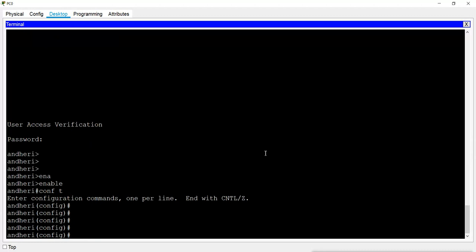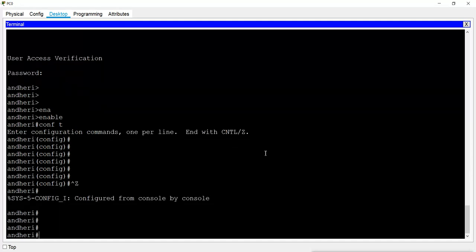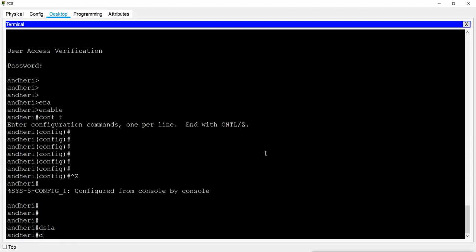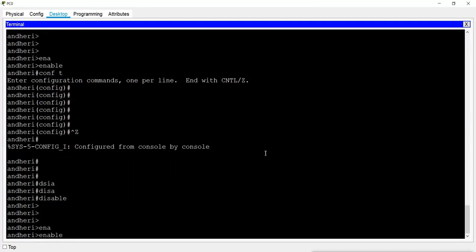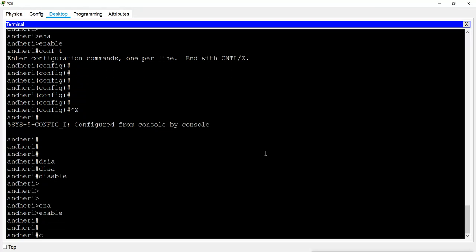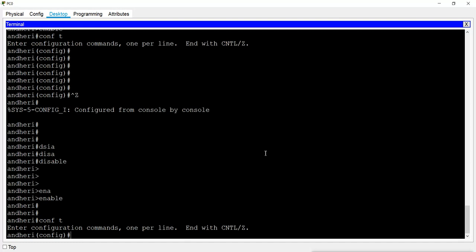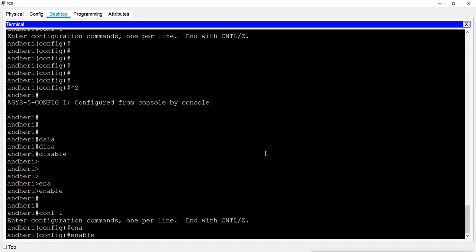So for configuring the enable password, we go to the global configuration mode, and here it will not ask any password for going into the privilege mode because we are connected through the console port. For assigning the normal enable password, the command is enable password.